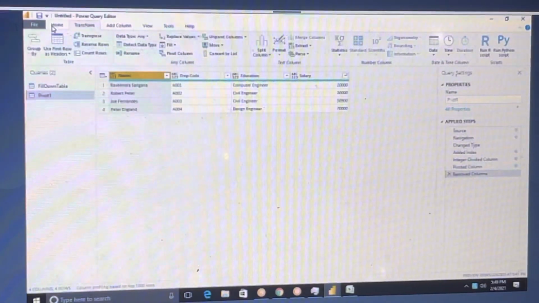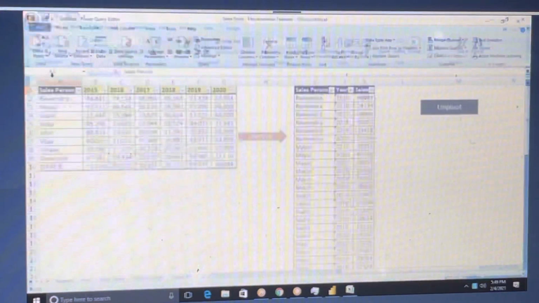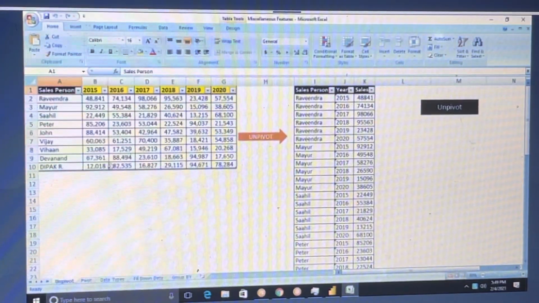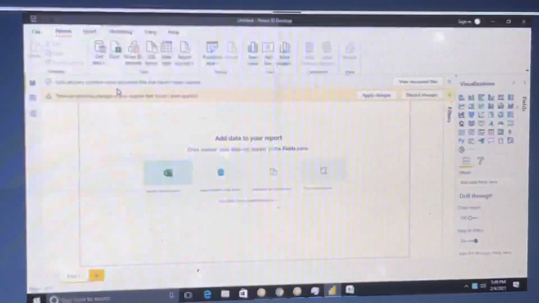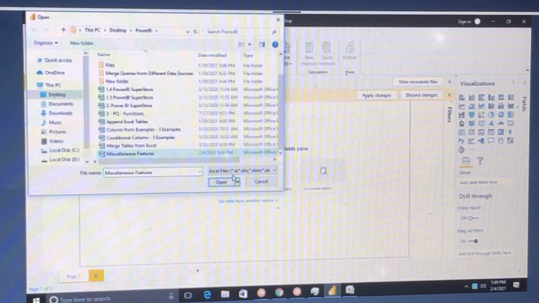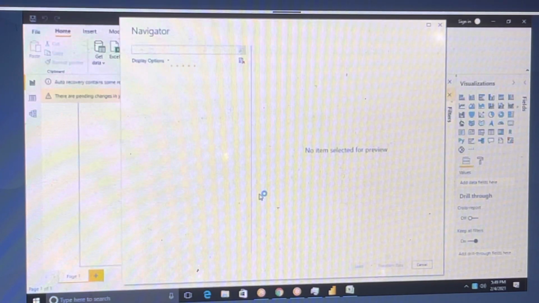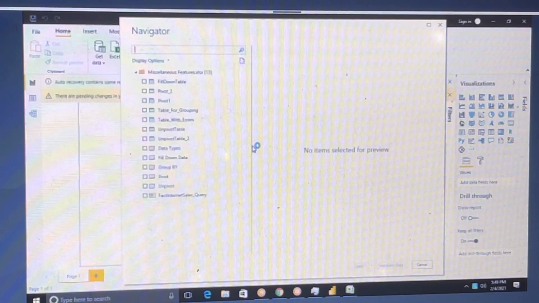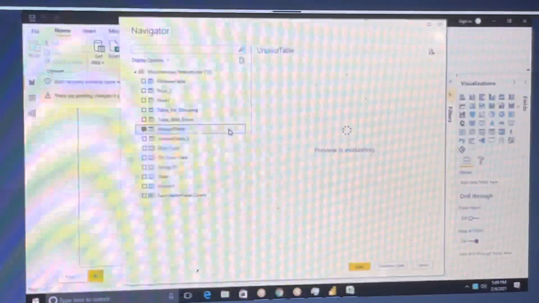Okay, so now go to the home menu bar, and I am not saving this, just closing this one. Now click on get data, click on Excel, go to miscellaneous features, so here we have a pivot table.